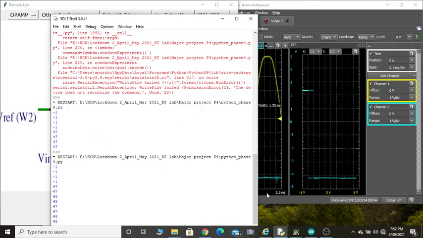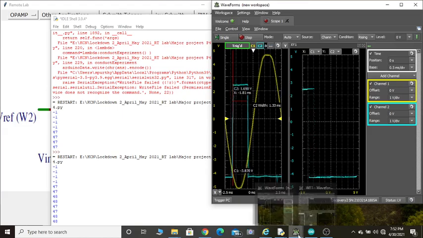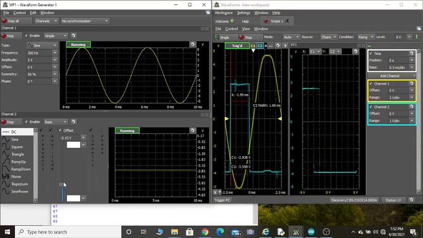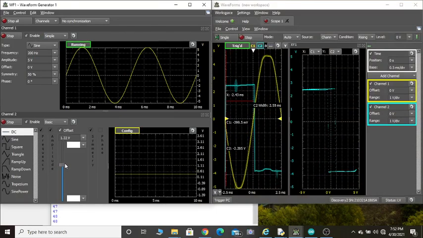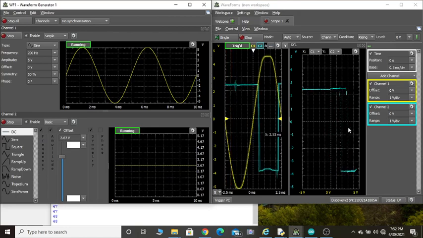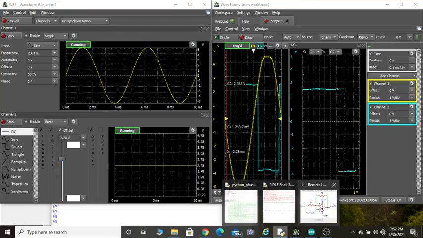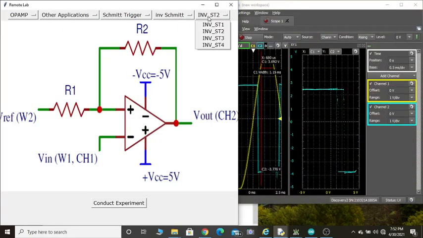So what I'll do is go to this reference voltage and make the reference voltage positive, so that both VTH and VTL are positive. See now, both VTH and VTL are positive. So it is possible to make both VTH and VTL positive by changing the reference voltage as well as the R1 and R2 values. Let us try out another value for this Schmitt trigger. Let me just try out for this.